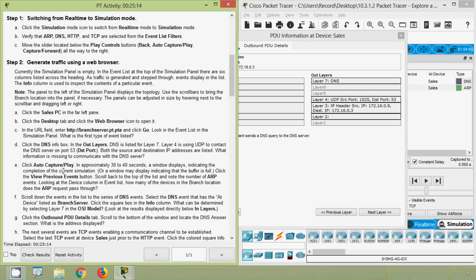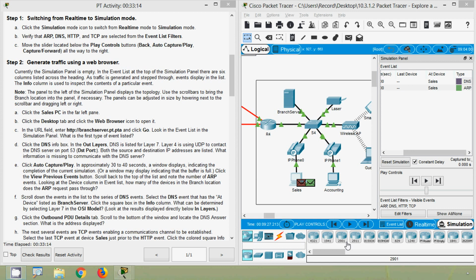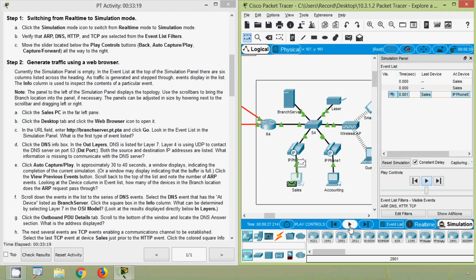Now click auto capture or play. In approximately 30 to 40 seconds, a window displays indicating the completion of the current simulation, or a window may display indicating that the buffer is full. Click the view previous events button, scroll back to the top of the list and note the number of ARP events. Looking at the device column in the event list, how many of the devices in the branch location does the ARP request pass through? Okay, right, so now we will do this auto capture or play,